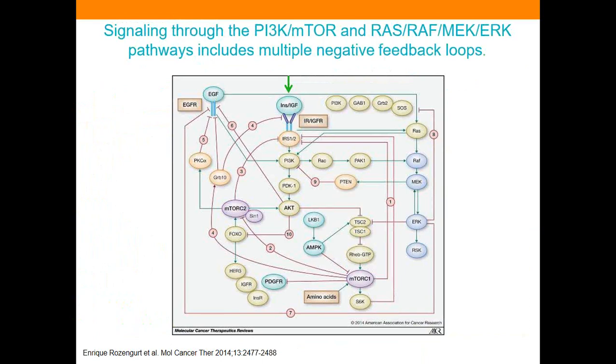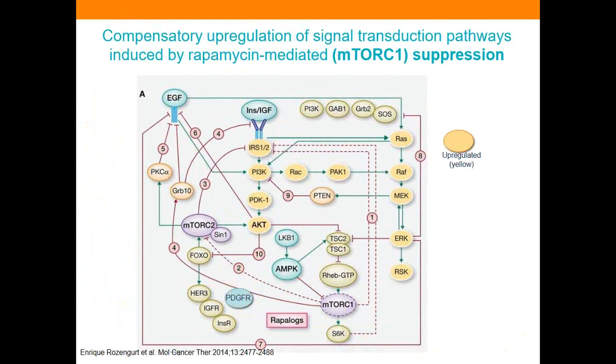So let's take a look at the next slide and see what happens when we say, okay, we're going to use a rapalog and we're going to knock out mTORC1. So what happens when we knock out mTORC1? Well, you can see from the dotted lines, which are showing that we're knocking out these inhibitory loops, that when you knock out mTORC1,